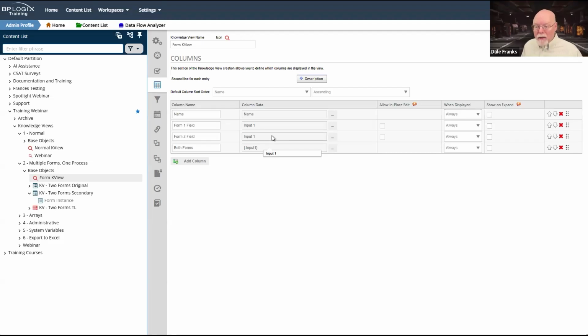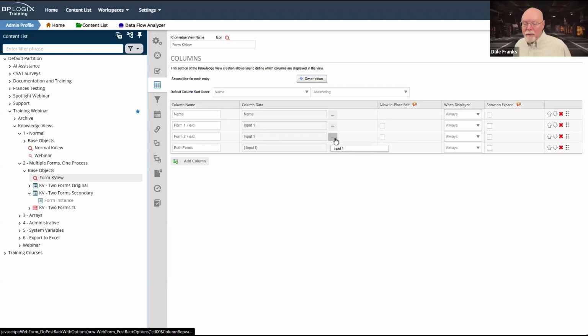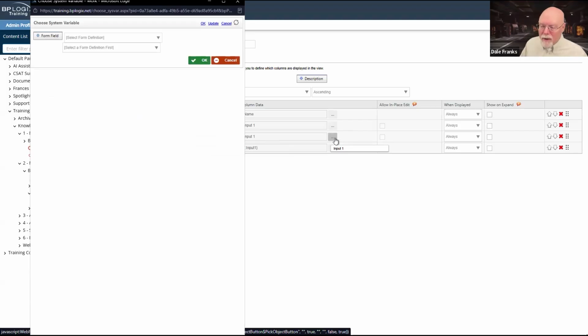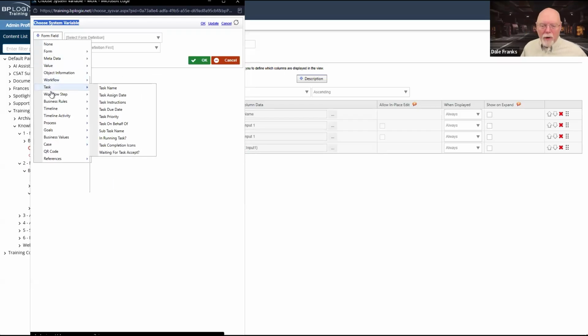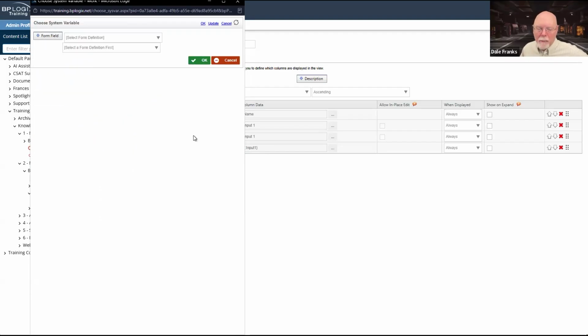But keep in mind, all of this stuff, whenever we're building these columns, please note that the name of this dialog box is Choose System Variable. Every column data value is a system variable. Now, we've kind of made it easy because we've put all the system variables in these cool little menus where I can just pick something and click it off of a menu and magic happens.